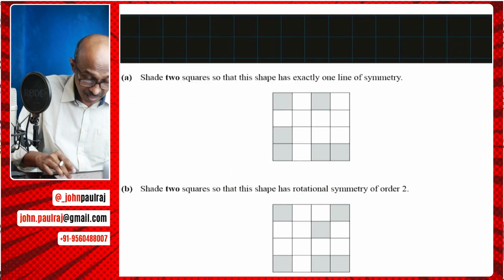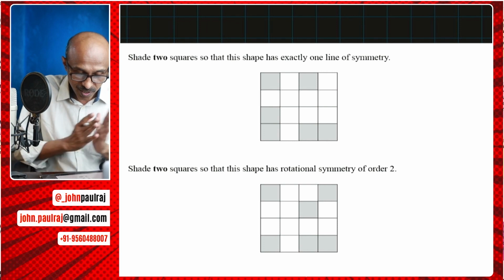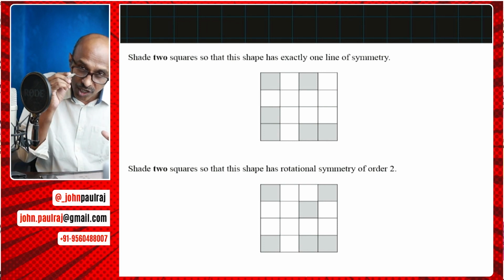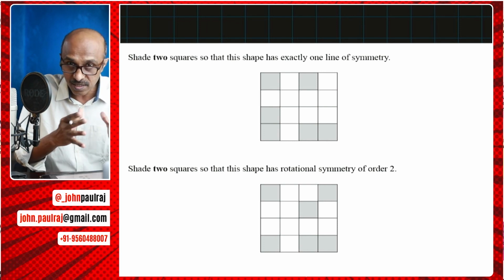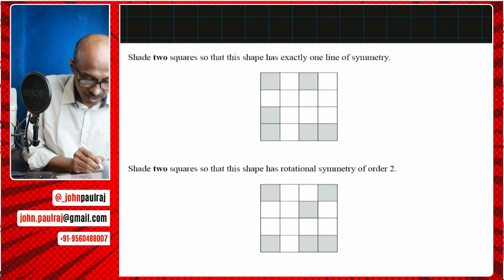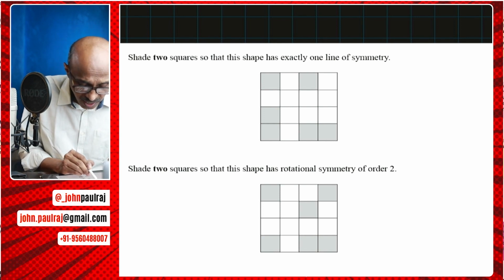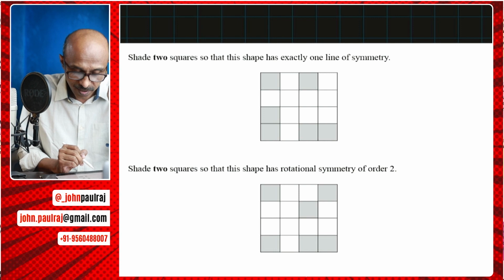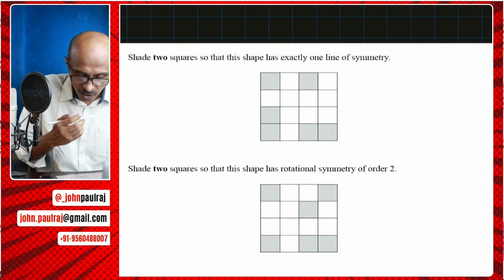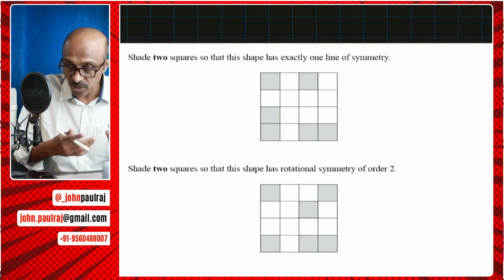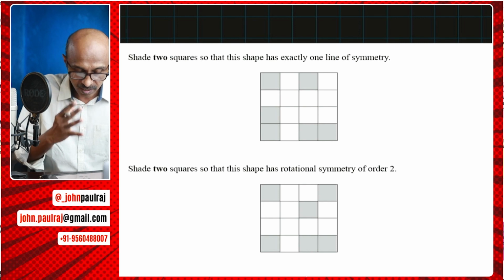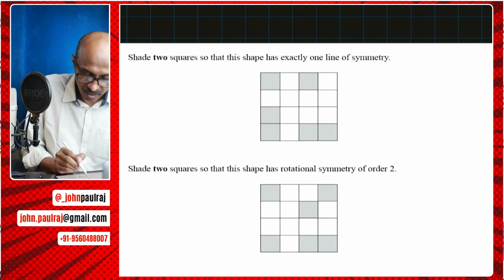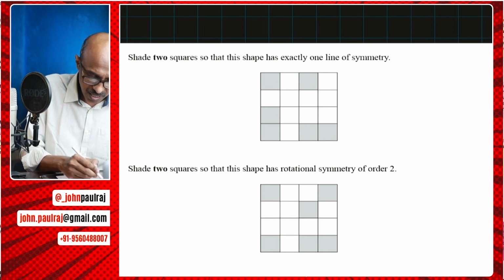Okay. This one was also a pretty cool question under symmetry, where they've given you squares and you're supposed to shade so that it satisfies a certain condition on symmetry. So here it is: shade 2 squares so that this shape has exactly one line of symmetry. Of course, you can have 2 possible cases, not just one definite answer, but as long as it has one line of symmetry. So one way to do this could be